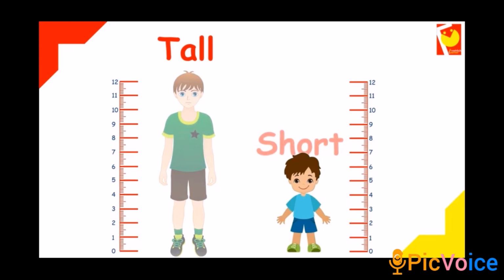By using the heights, isn't it? See, here we have height measures. By these we can easily identify the boy which is on the left hand side. That means he is in the green shirt, isn't it? He is taller than the other boy. He is in the blue shirt, okay children? And also you must know the spelling for tall and short also. What is the spelling for tall, children?